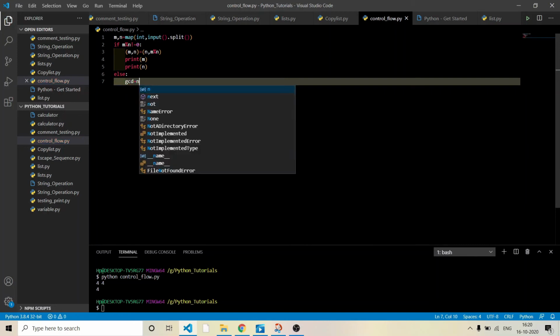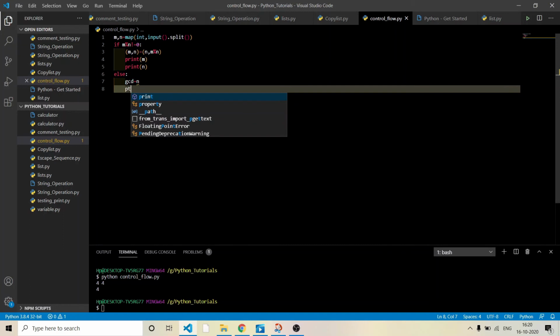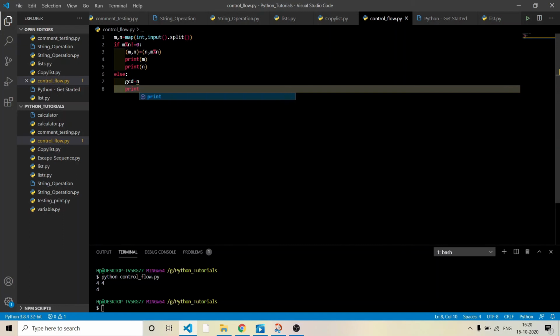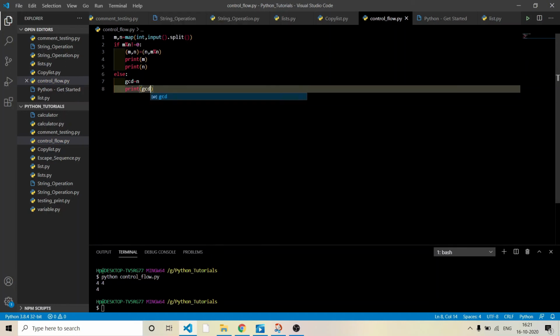So whatsoever happens, if my if condition is false, I'll directly jump to else, and I'm writing a logic n equals to GCD, and then I'll print GCD. Now what is GCD? GCD is a function for greatest common divisor. We'll see this while learning functions, so don't you worry about it.